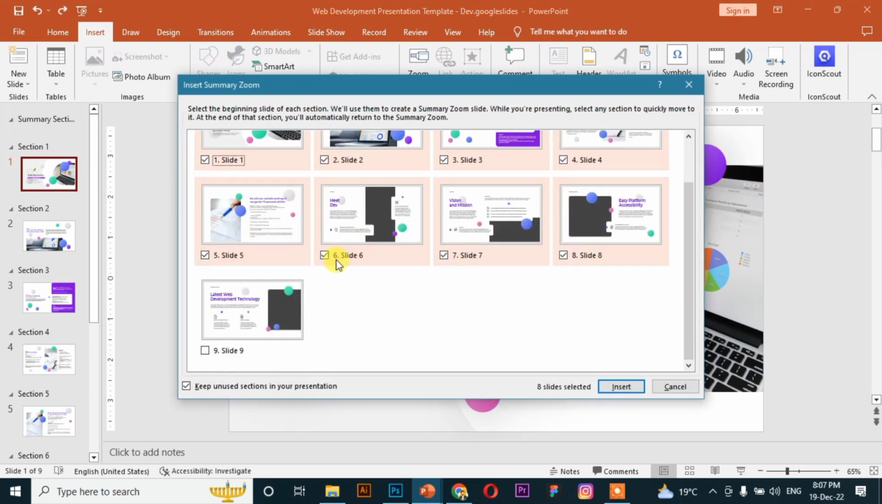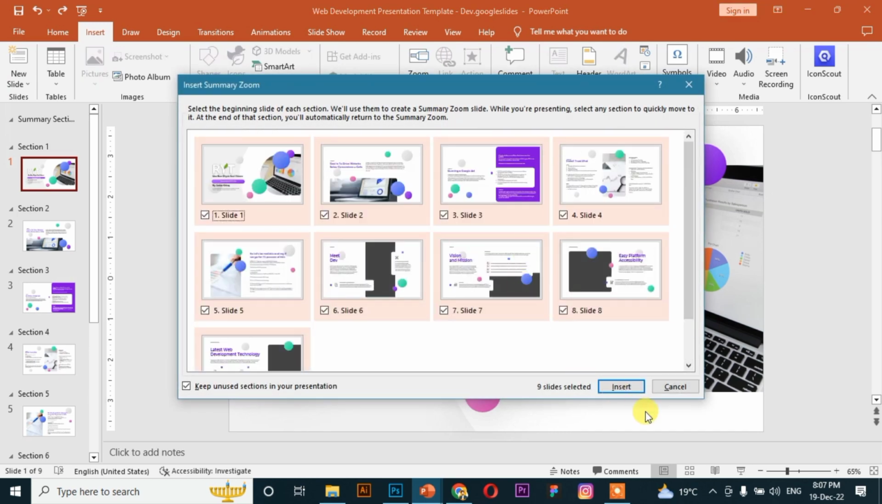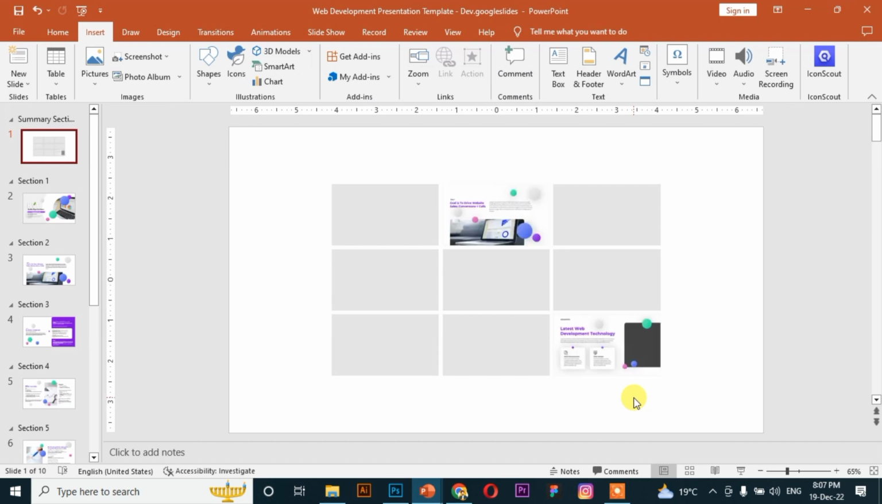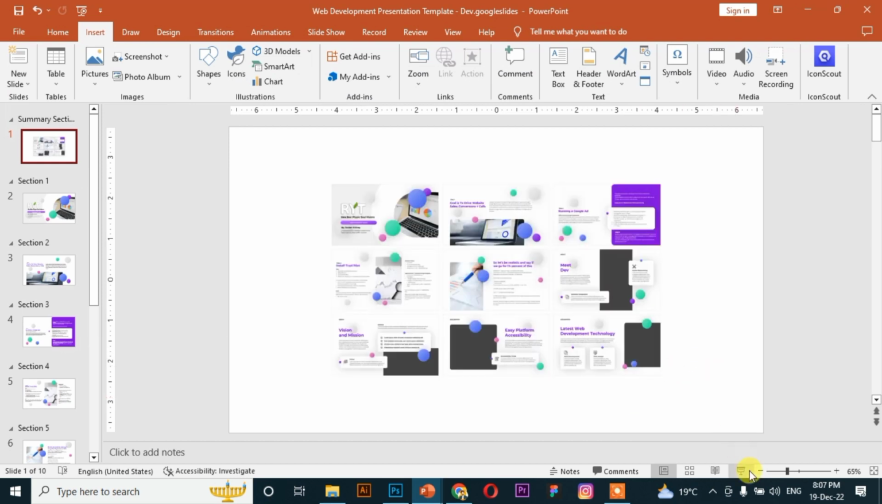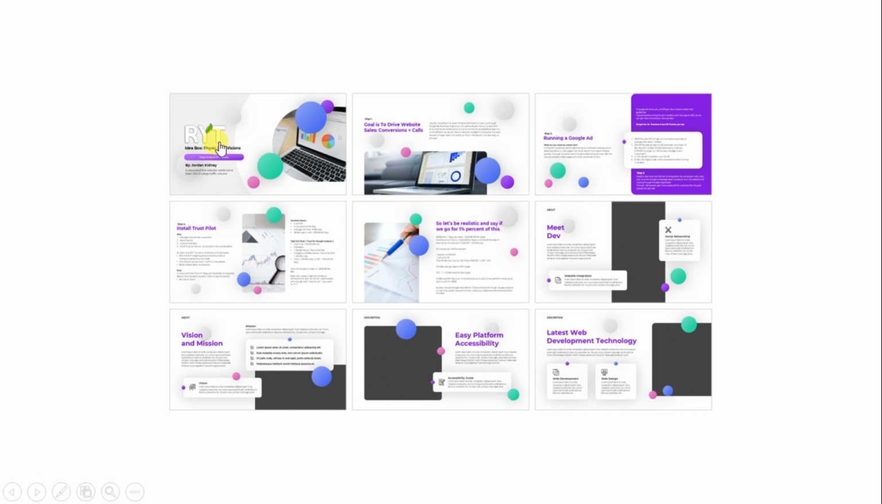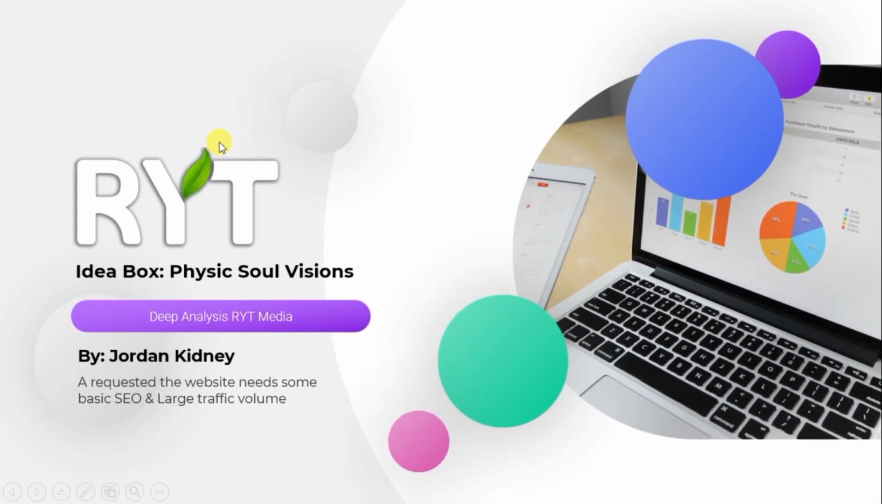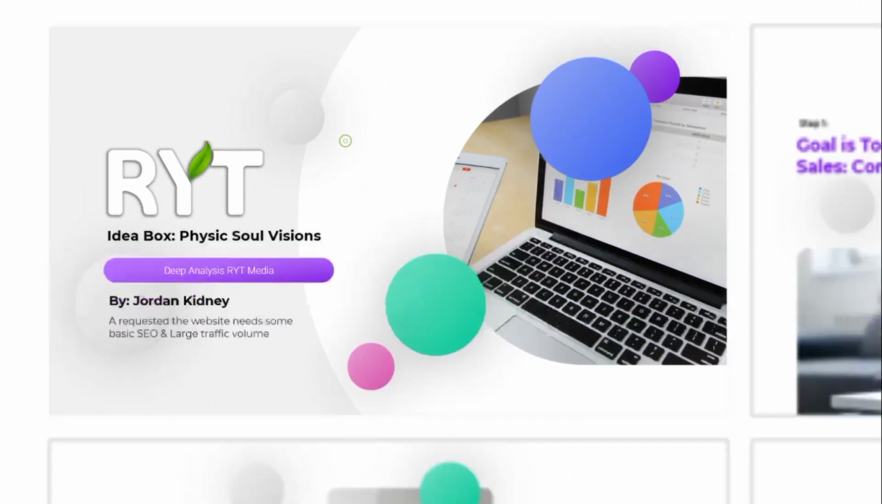Okay, let's select all these slides and click on Insert. When you click on Insert, you will see that all these slides come here. Okay, then I will click on Present. Then after I click on this, it will appear. Then I will click again,